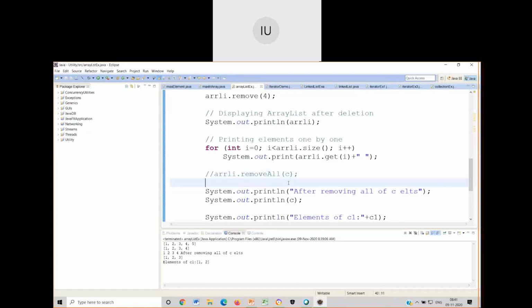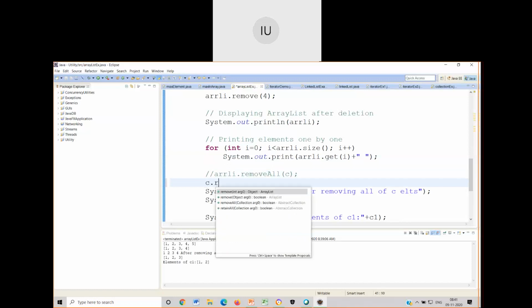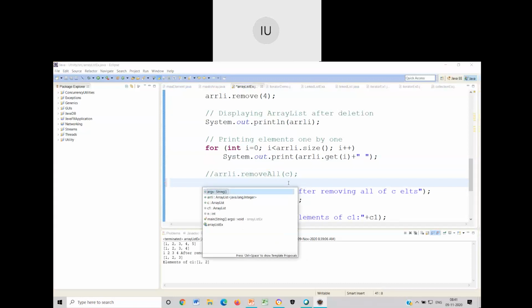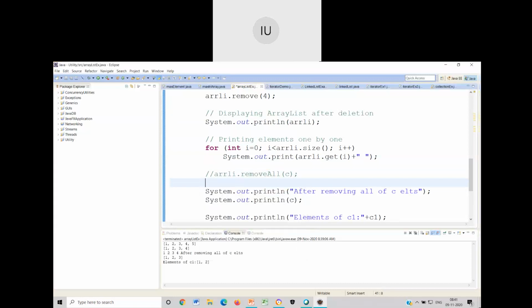I will write C dot removeAll. Sorry, I'll write removeAll of C. Okay, one minute.